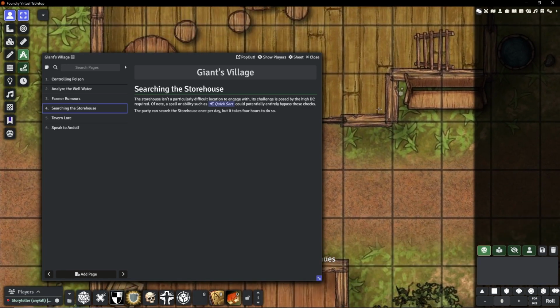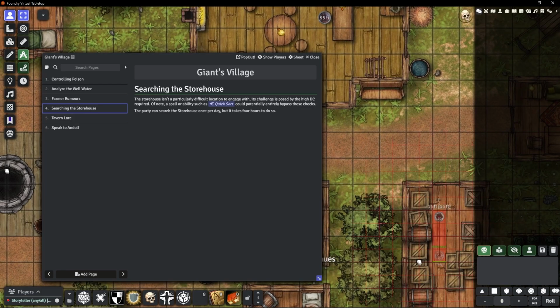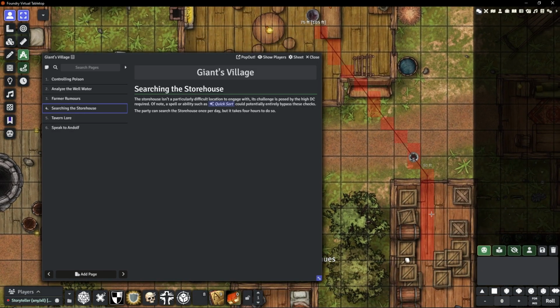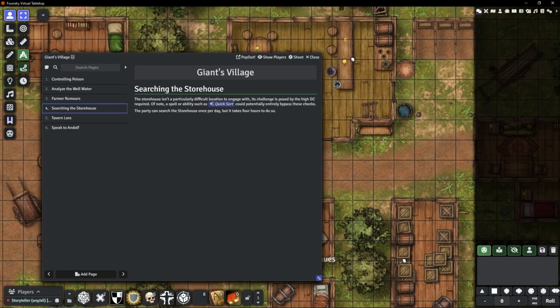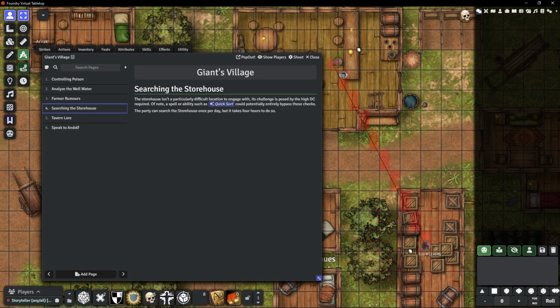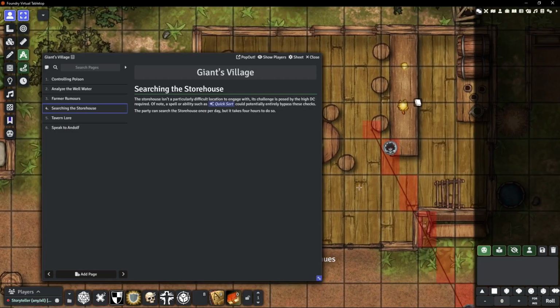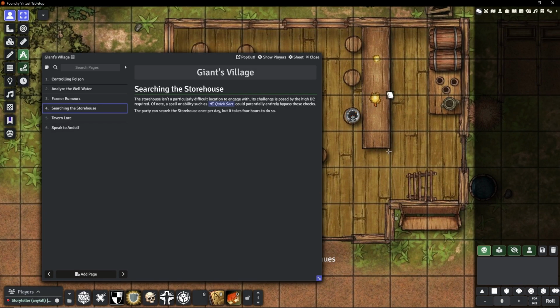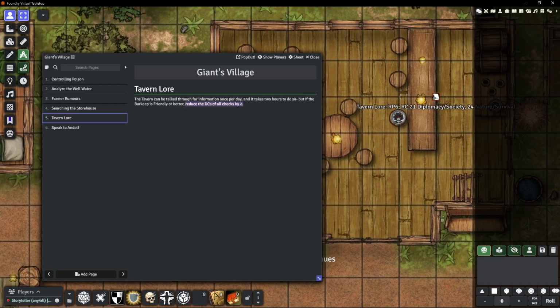As Arik continues, Tiny is eventually going to make his way over to Arik, ask for assistance with the storehouse, and take his place. Tiny is particularly charismatic, so he's going to thrive in this environment, in the tavern, making a good impression on the barkeep and reducing the DCs of all the checks in this tavern by 2 for